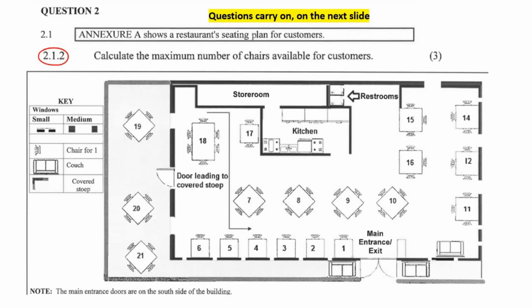Okay, so this next one, this question over here says, calculate the maximum number of chairs available for customers. Okay, so now there are couches that they've told us about, but technically on the key they've called that a chair. So there's a chair and then there's a couch. Okay, and they said how many chairs are there. So let's not count the couches. So here's 4. You see, someone can sit there, there, and there. So that's 4,